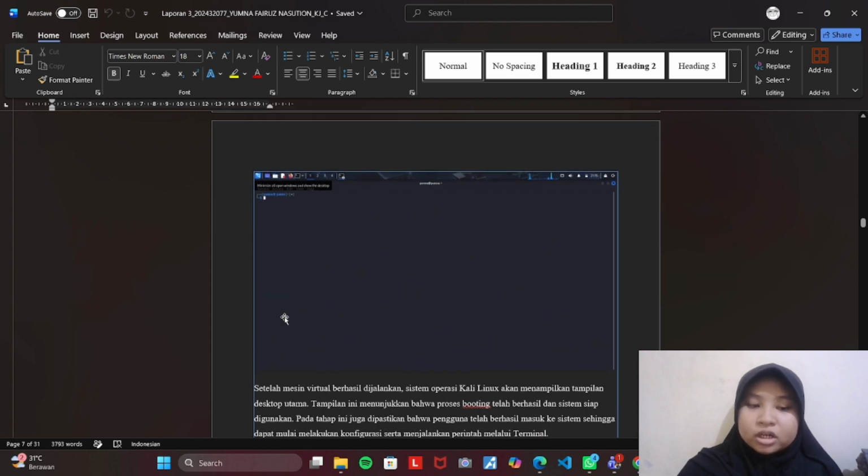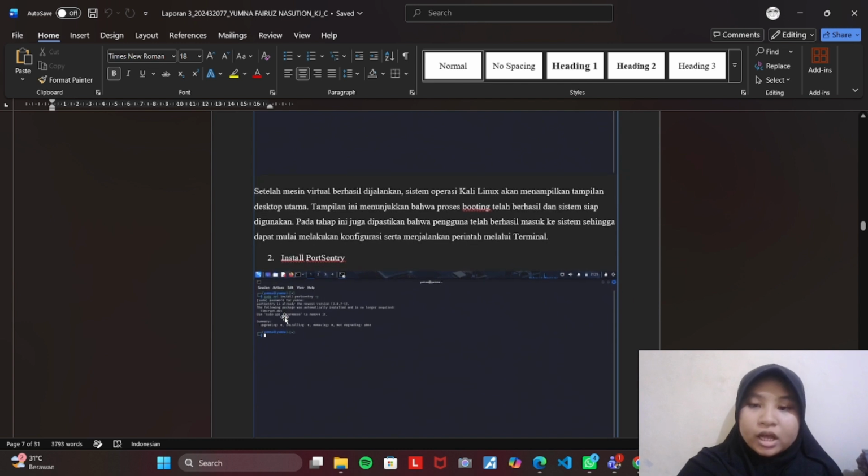This configuration allows communication only between the host computer and the Kali Linux virtual machine. Using host only mode makes the testing environment safer because it does not expose the system directly to the internet.